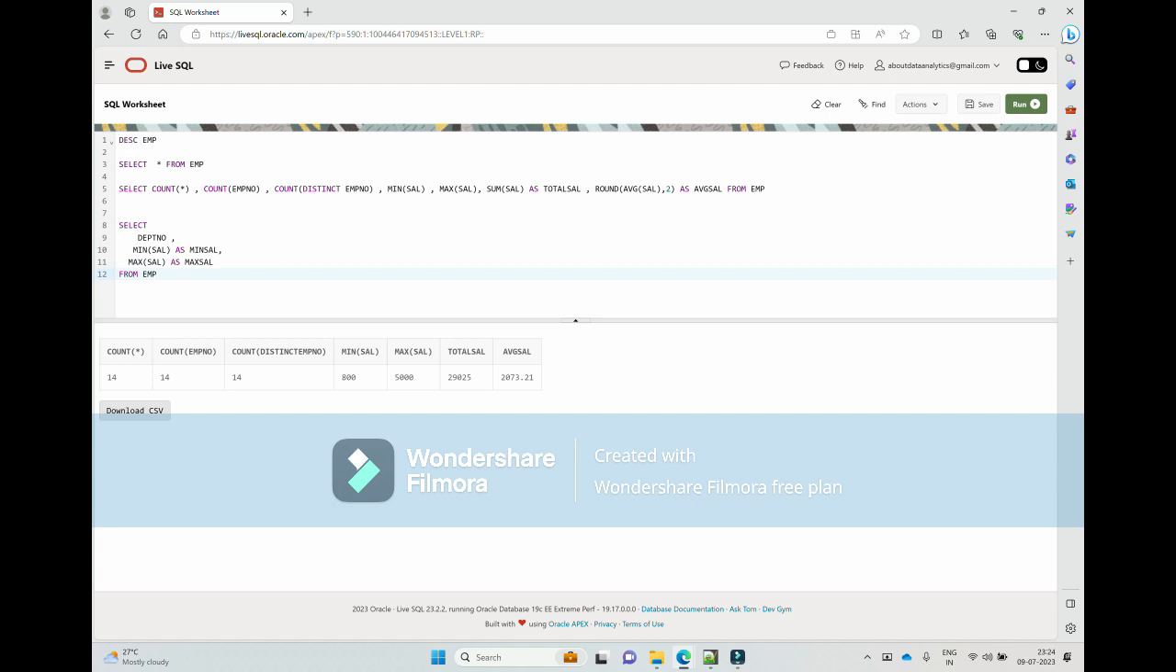So for the department, I'm writing department number, comma, min of salary, comma, max of salary. The moment I use any column with any of the aggregate functions, I need to use the group by. So I have to use group by here. What is the normal column here? The normal column is department number. So I'm putting